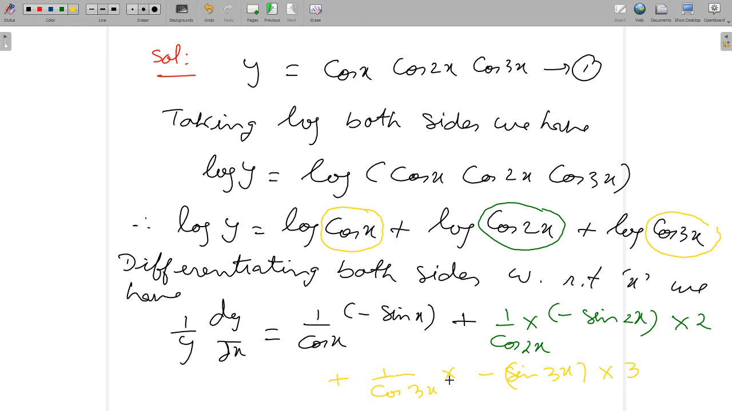So now let us solve this further. So what we'll get on solving this further is,